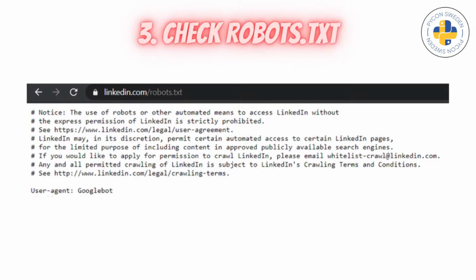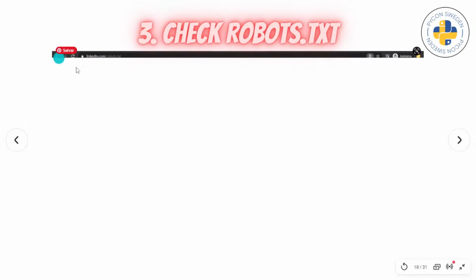Something a little bit annoying is LinkedIn. I always mention it because it's really annoying. I have needed to use it before, and now since they don't allow scraping anymore, we can't scrape any page of LinkedIn. Just a second, because my slide is not working.